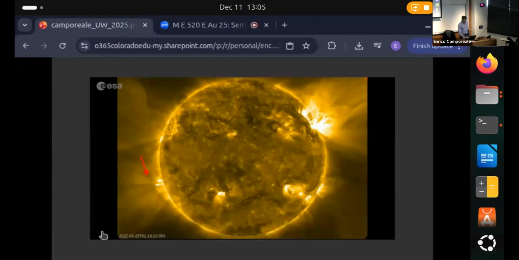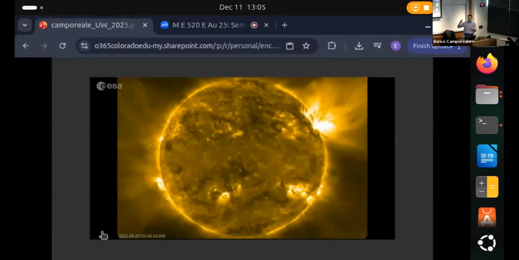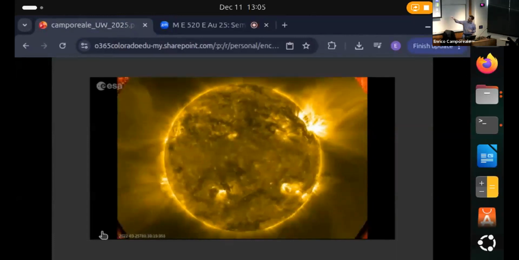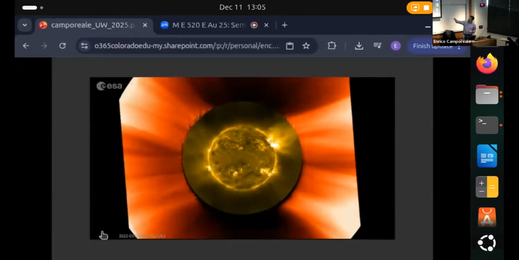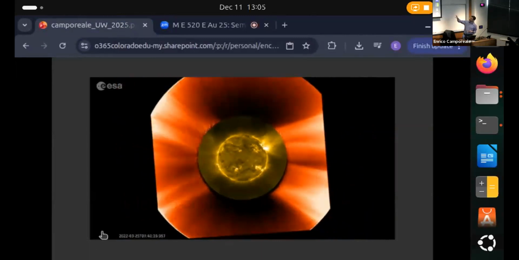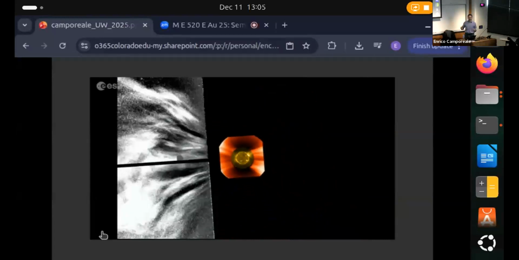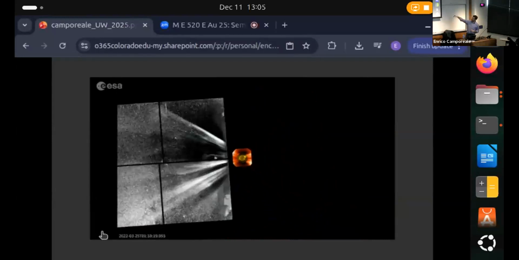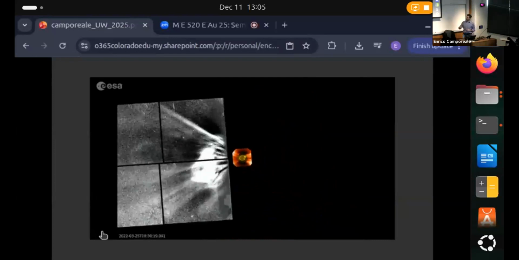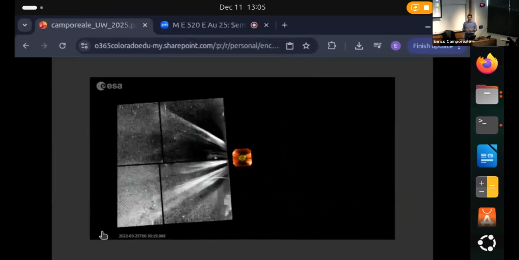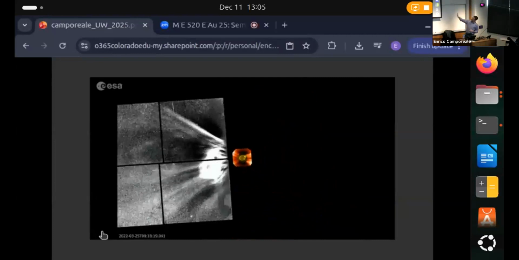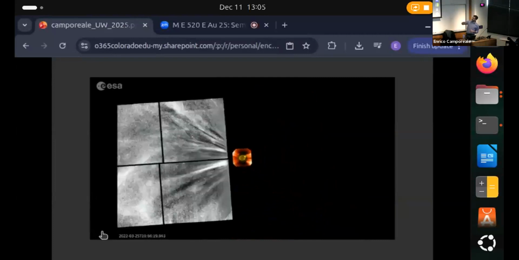And then this is actually a composite video taken from different cameras. You don't see much when you look up close. Then if you zoom out, you can see something coming out. And then when you have a very large angle, you can have a better understanding of how big this stuff is compared to the size of the sun, and then you can think about compared to the size of Earth. This is obviously a lateral view of what